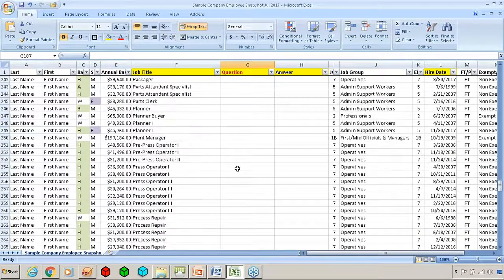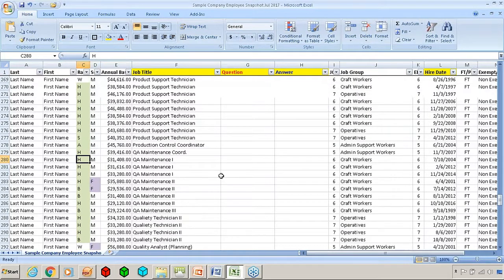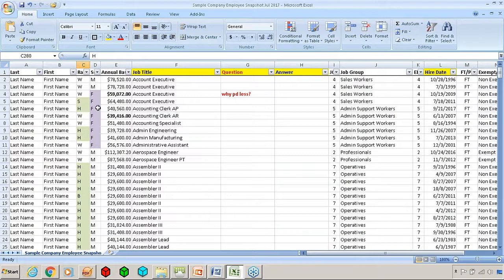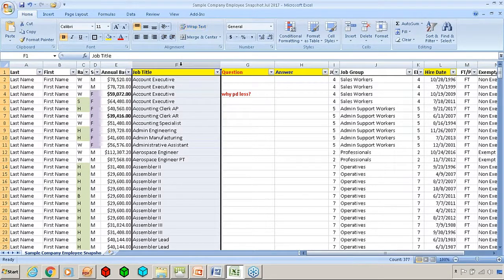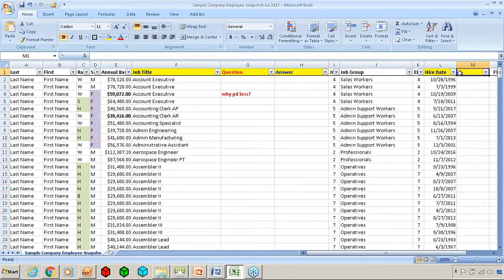I think we've covered a lot of this. You notice that I have color-coded females over here in purple, males in gray. Color code your system, make sure that you can compare. So within a job, you want to compare females versus males, and then your non-minorities versus minorities, and your individual minority categories. In addition, you want to make sure that you have the right job titles. You want to add a job date in here, so you can track how long this individual has been in this job.